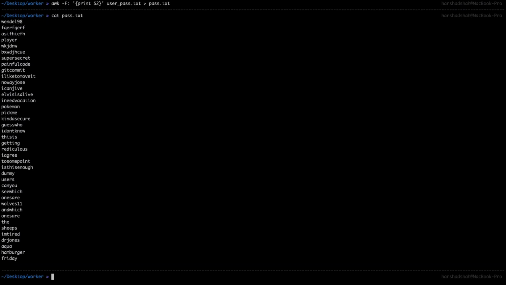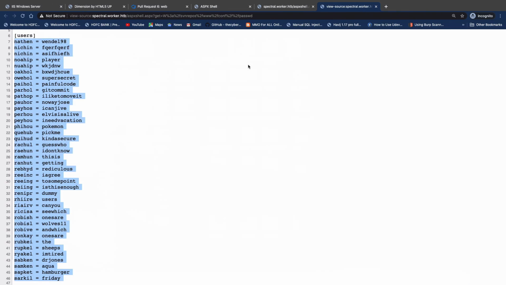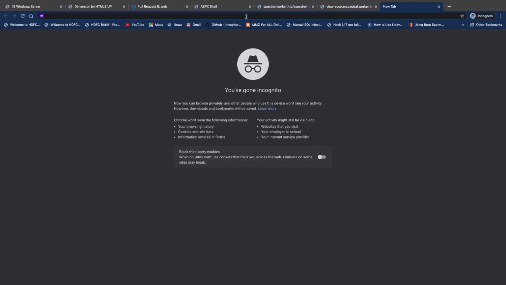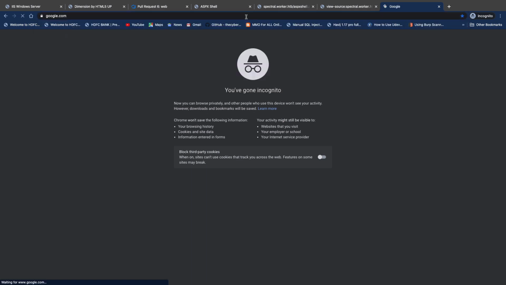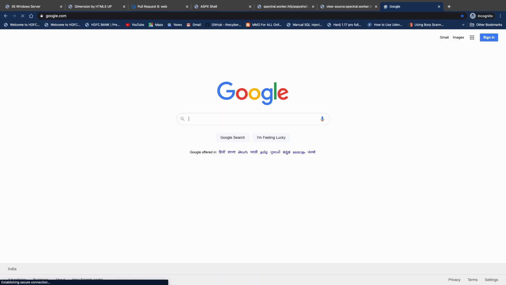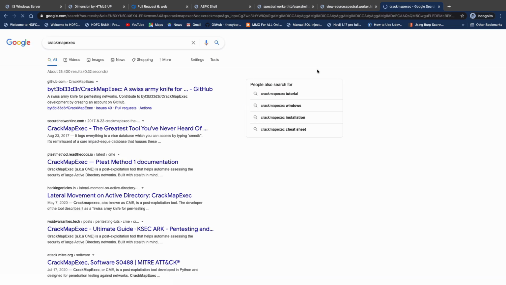Now what we can do in this case is there is a tool called CrackMapExec. Let me show you what tool I'm going to use for this section. We just got this password part and other things. Let me go to google.com, press enter. After that, you can search for CrackMapExec, that tool you need to download.